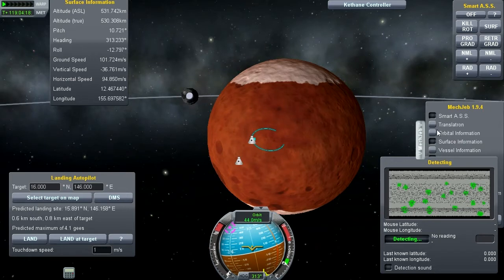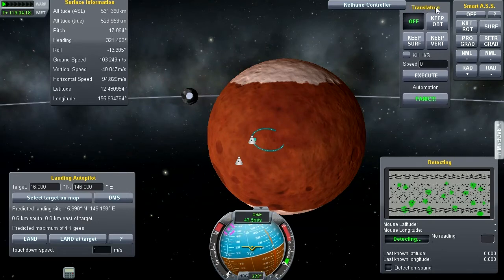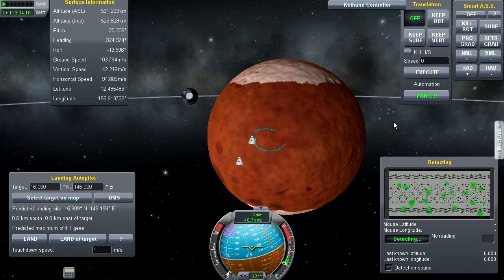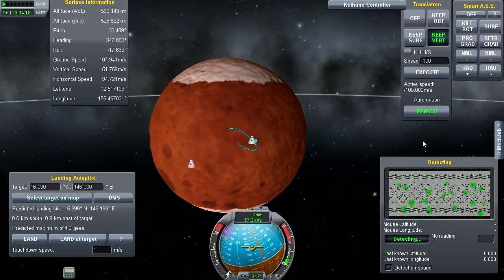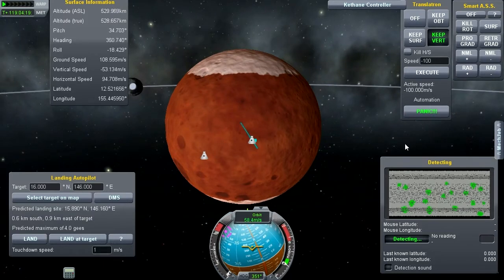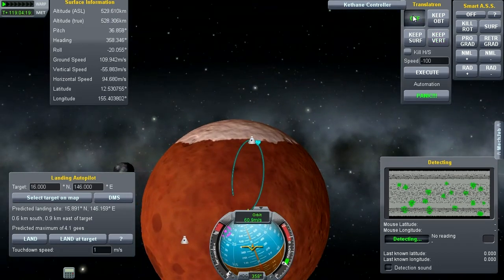Okay, let's see. The Translatron is a neat little autopilot system. Another thing that I honestly believe genuine spacecraft, interplanetary ships, would have is an autopilot function that would maintain vertical. And let's see, we are descending at 46 meters per second. I'm going to have it keep our descent speed at no more than 100 meters per second for the moment. Actually, I'll turn that off for right now